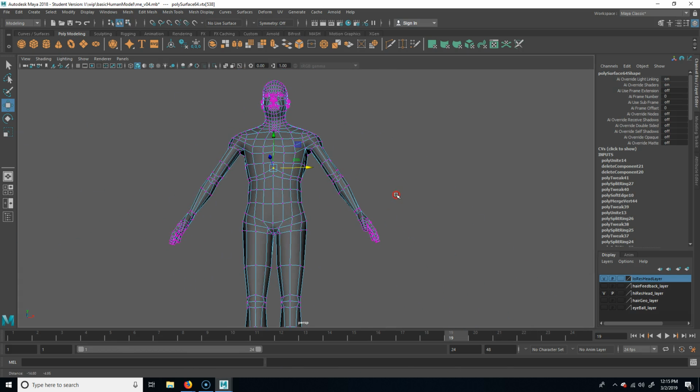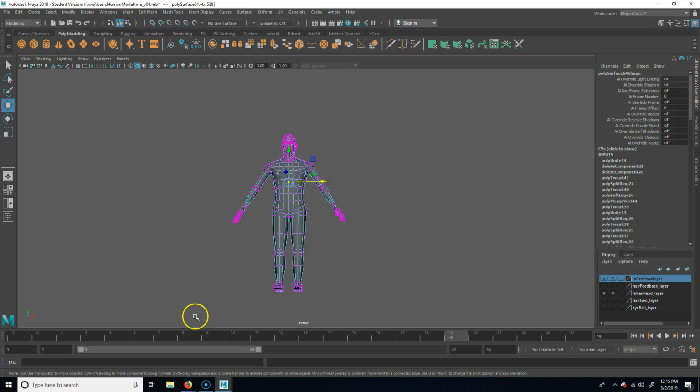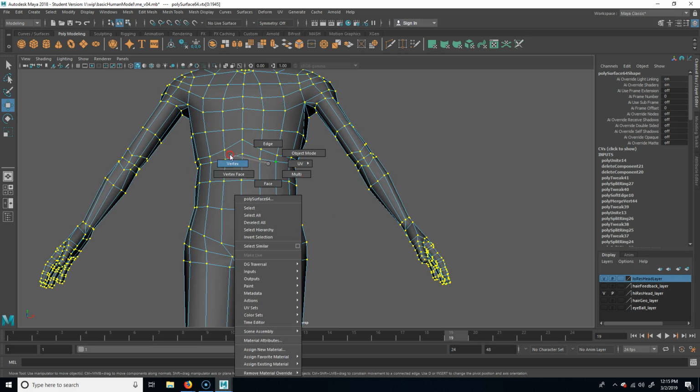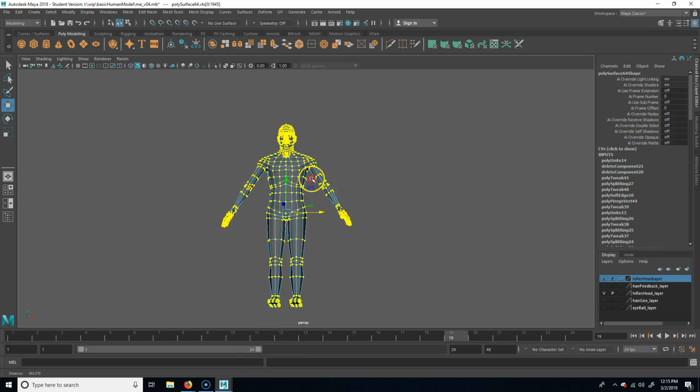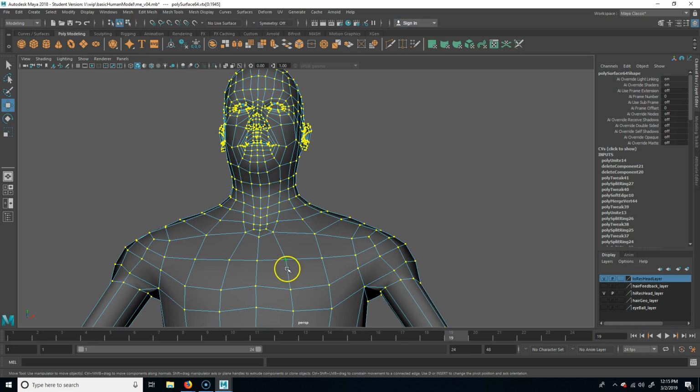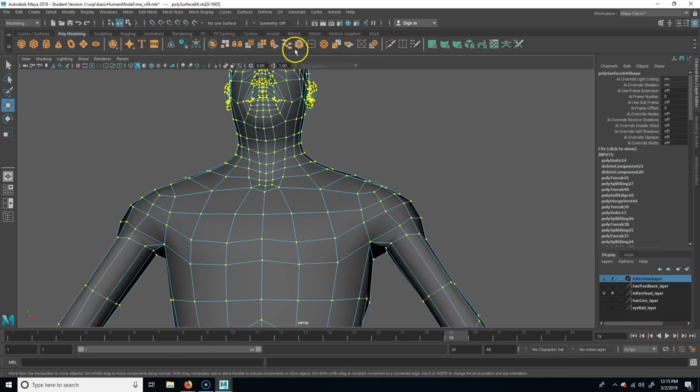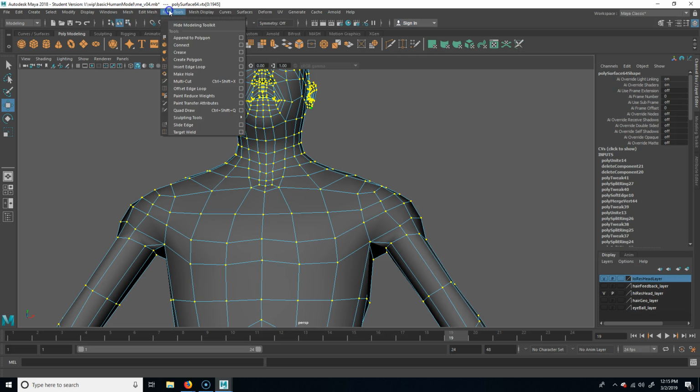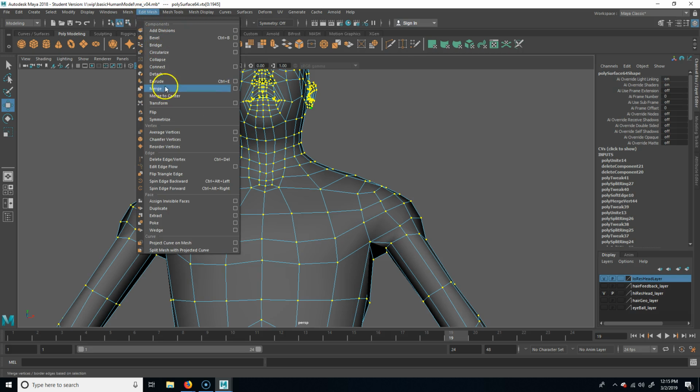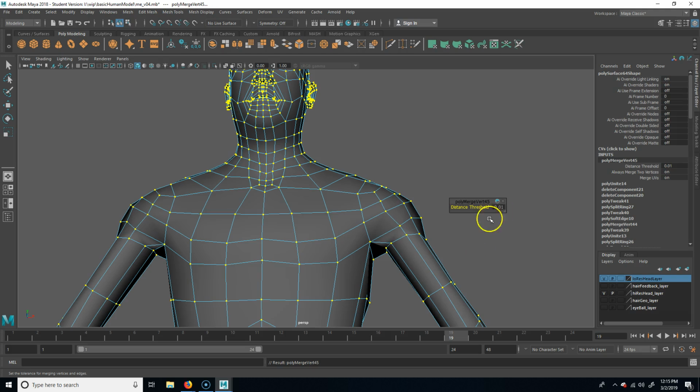So we could do this a bunch of different ways. I could click and drag and go around the outside, or honestly, grab the whole guy. Just right click, go to vertex mode, go over the whole dude. Alright, that looks good. And then I just need to merge it. So I can click on this here, or you go to Edit Mesh and Merge. Now this little threshold should pop up, and you'll see it says 0.01, which means it has to be within 0.01 of a grid